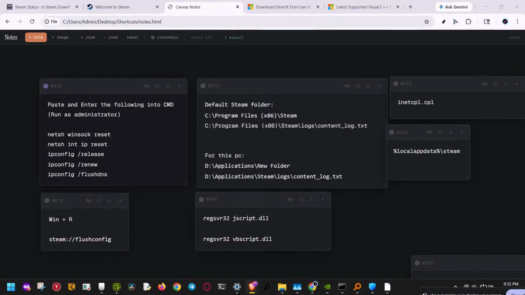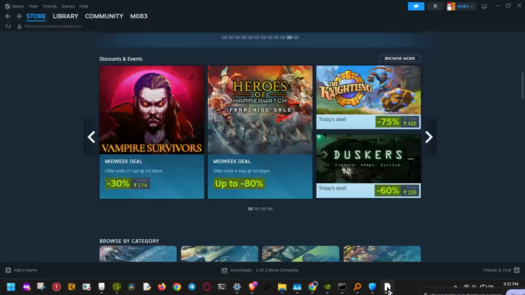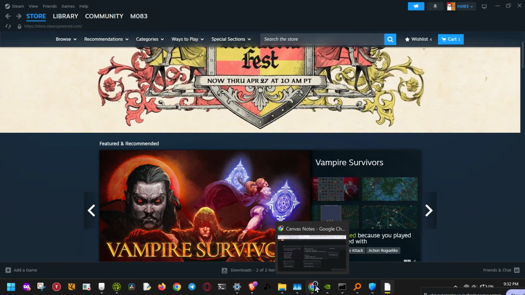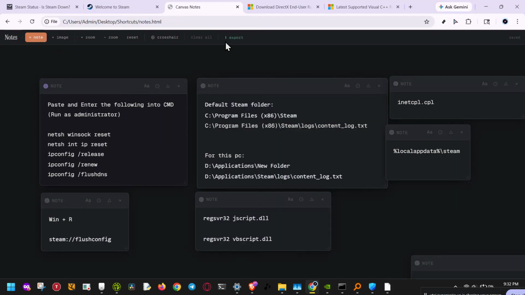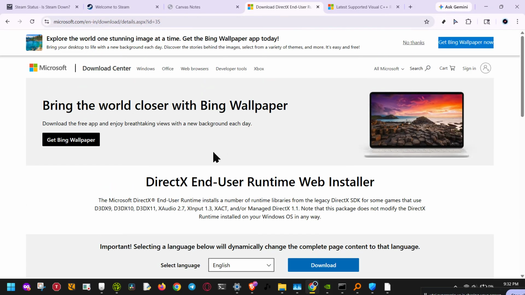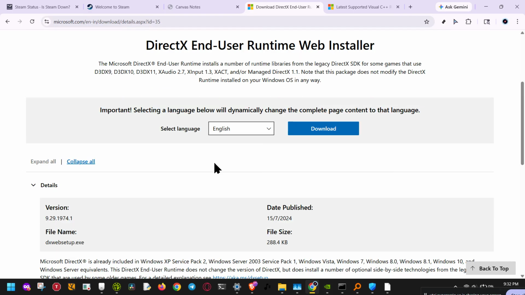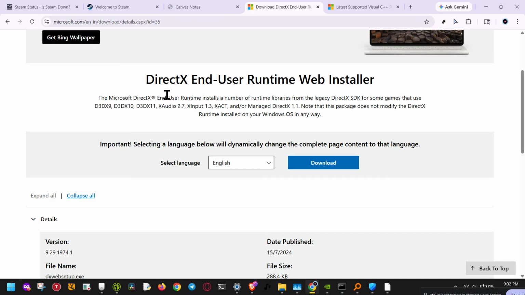If you're getting a Steam DirectX error, don't worry, because in this video, I'm going to walk you through the most effective fixes step by step. This error usually happens when a game can't properly communicate with your graphics hardware, or when the DirectX files it needs are missing, corrupted, or simply outdated. The good news is that in most cases, you can solve it without reinstalling your whole game or your entire